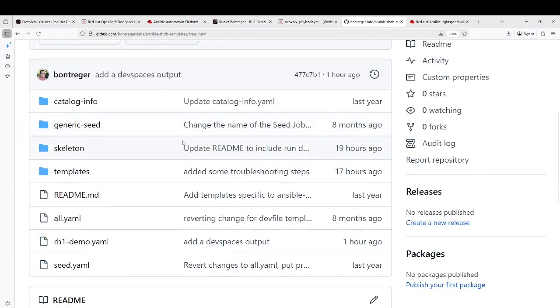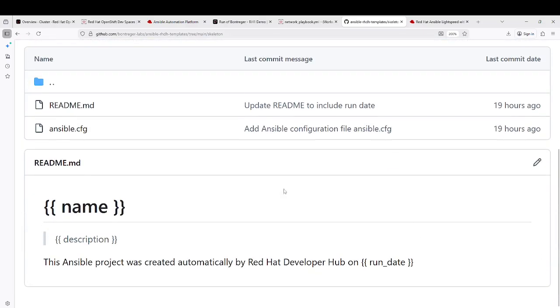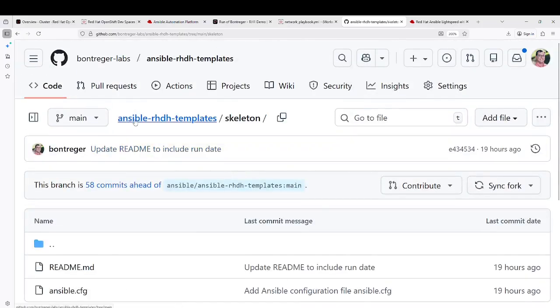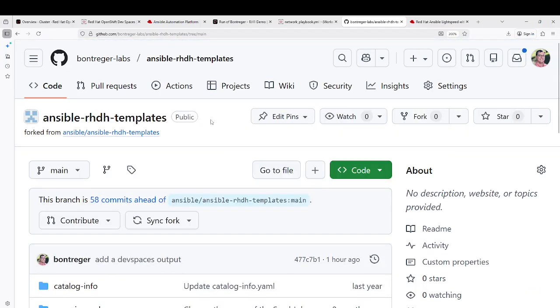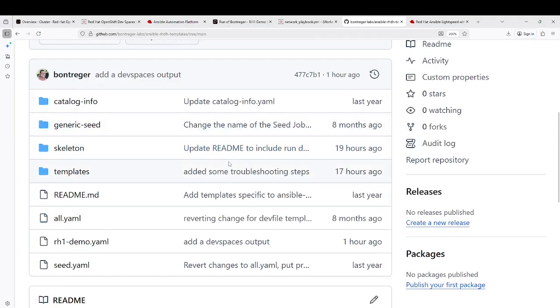And as I mentioned, you have a skeleton here, so I just chose to override a few things like a README and then a config. But you could obviously put whatever you wanted in here to adjust the files that are in there. So this is really how you actually get into the guts of customizing these